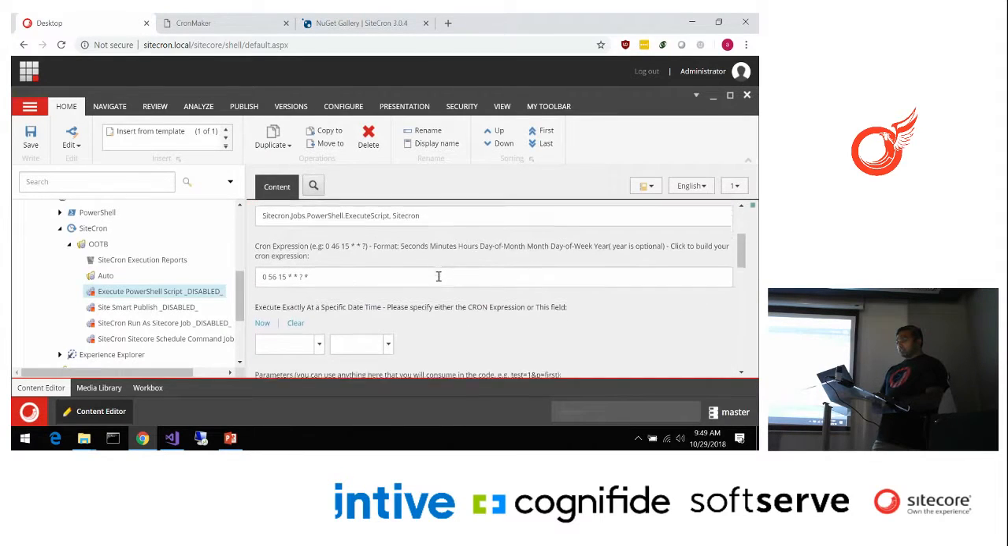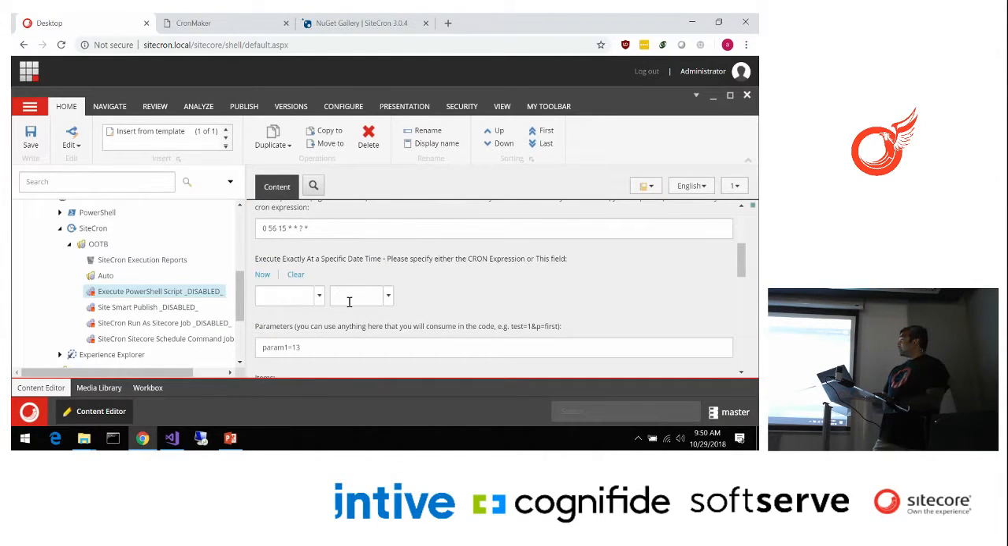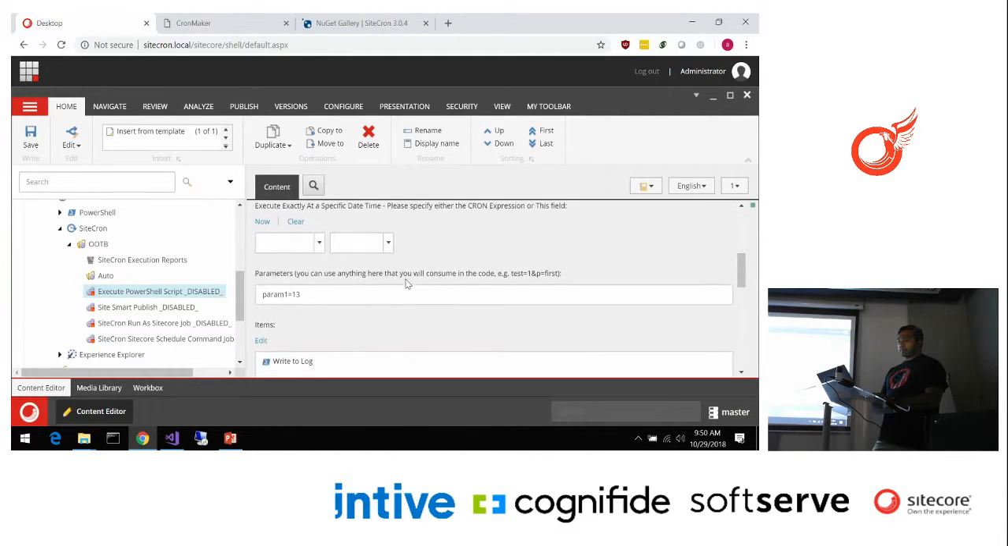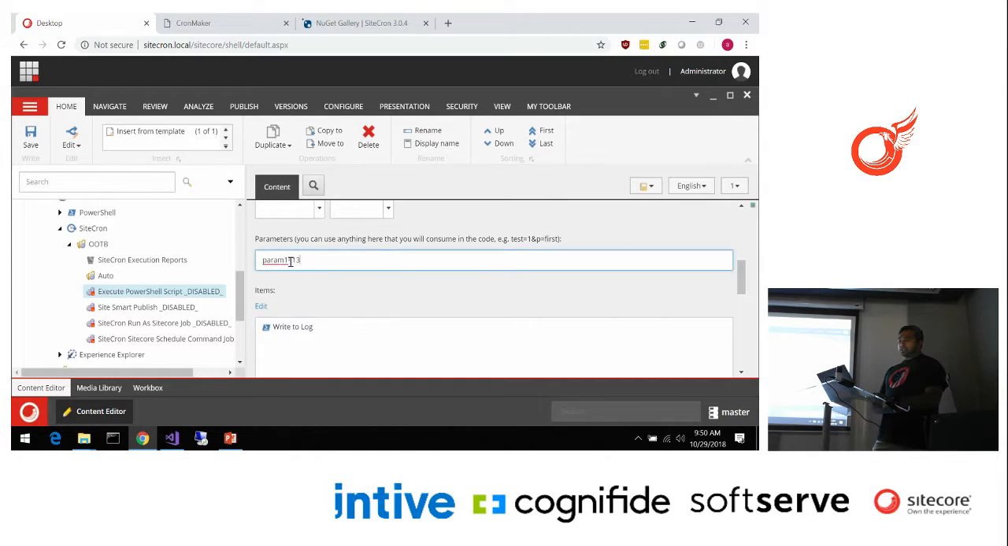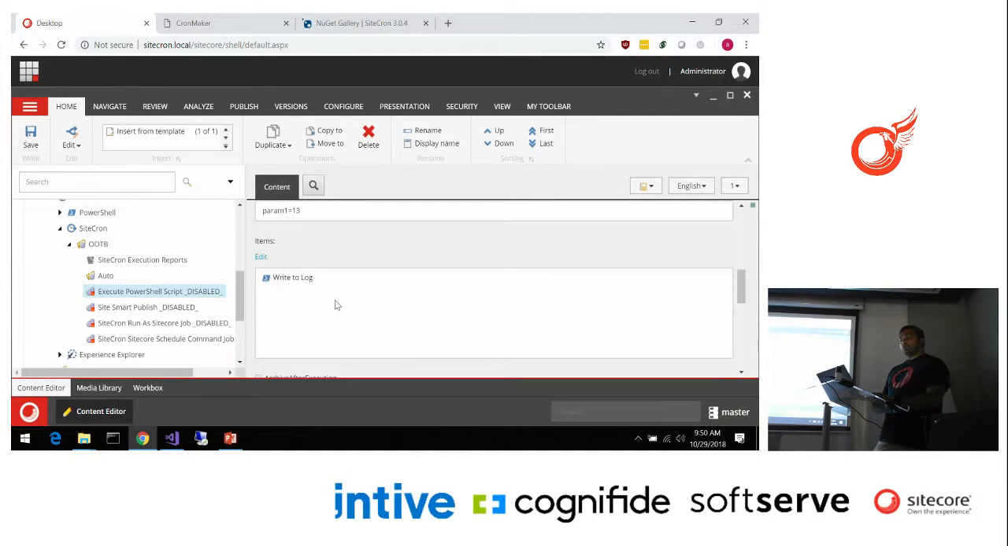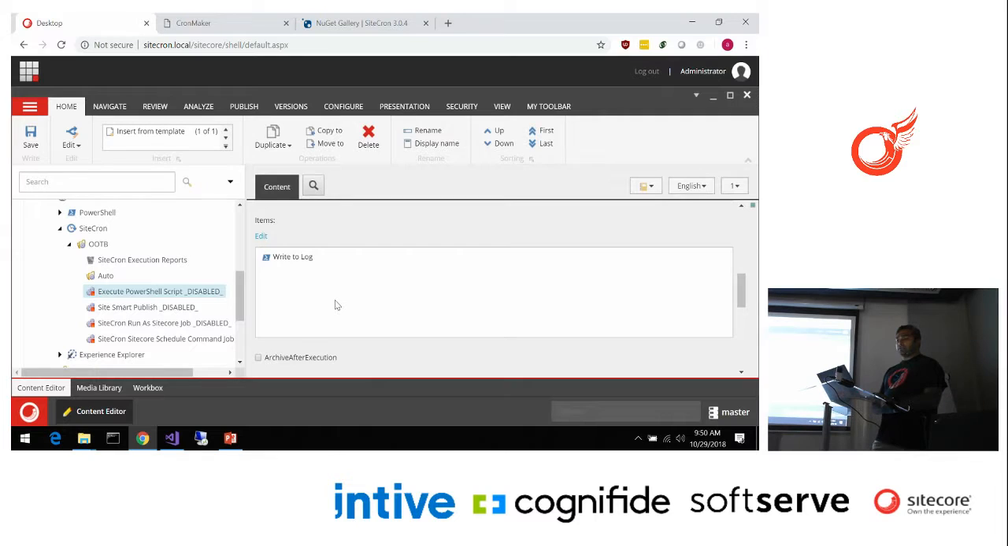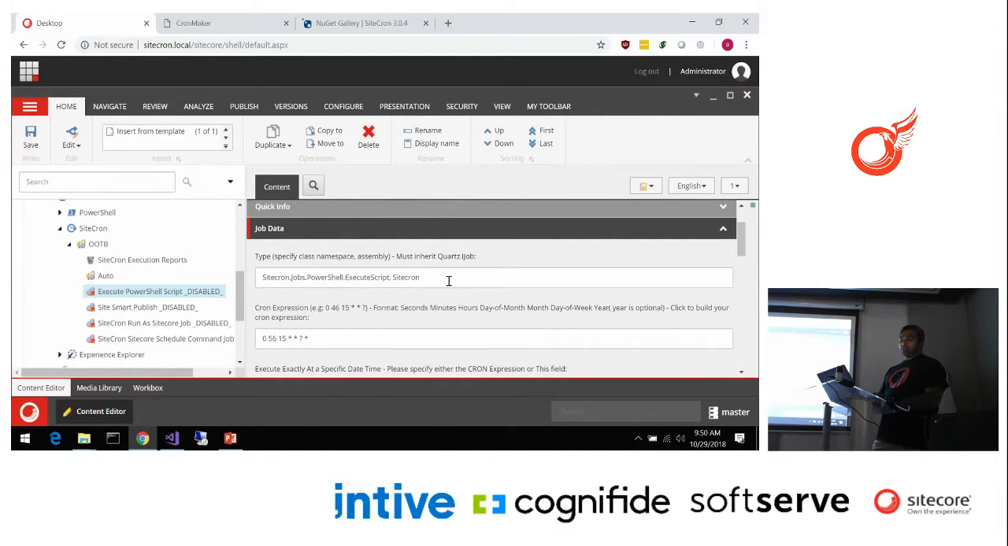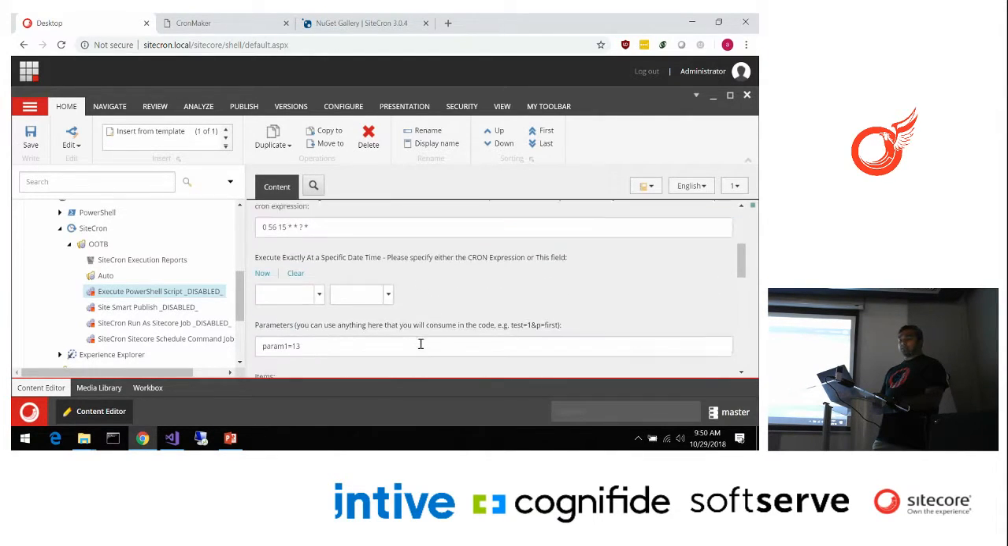You can also specify that it needs to execute at a specific time. This is very crucial if you have something which needs to go out at a specific time. You can pass in parameters just like the URL parameters, totally up to you. You can specify any items you want to push into this to make it available for the job. So even if you write a custom job and you want to pass in some items to it, you can